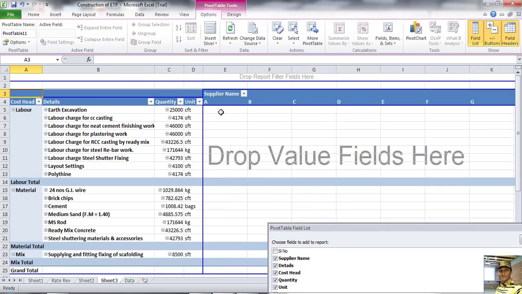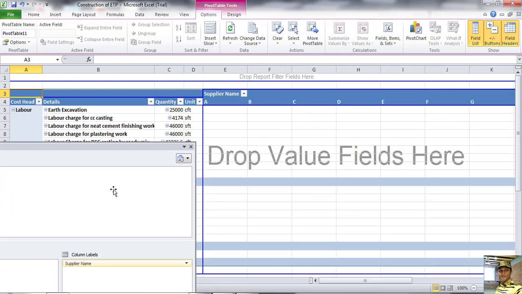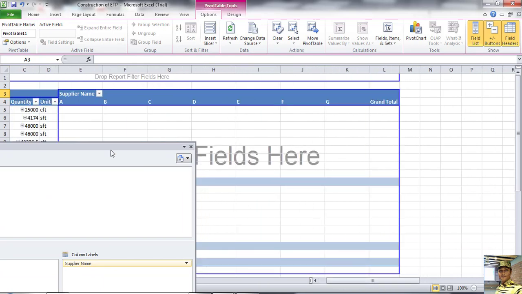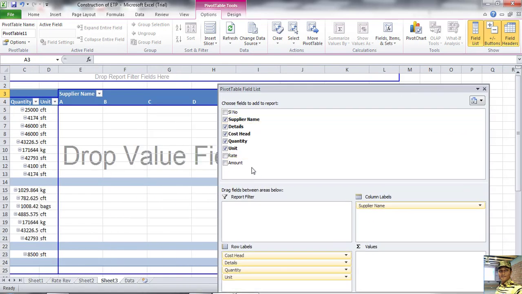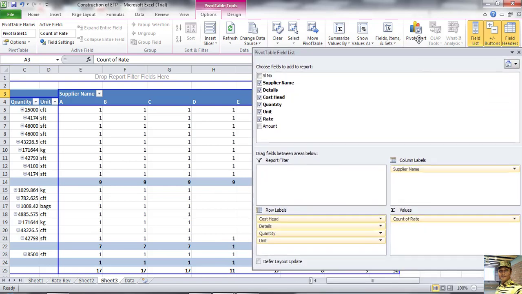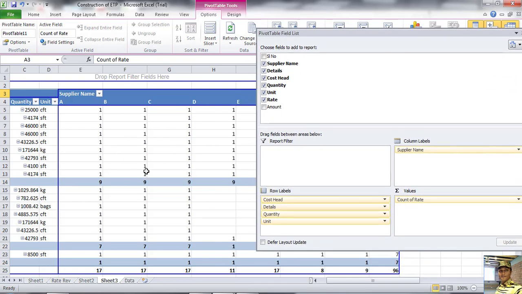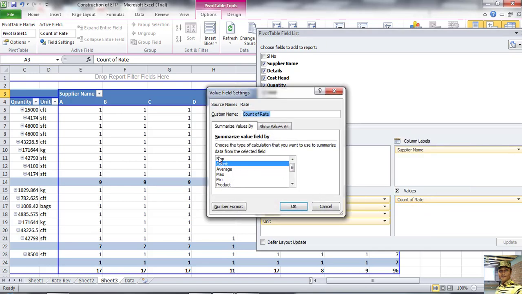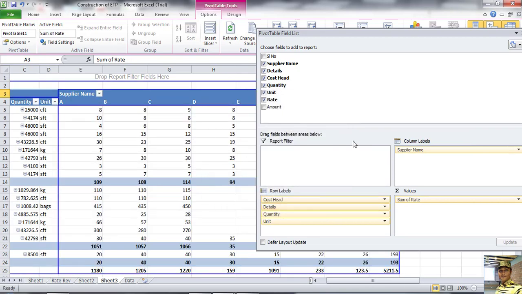Now see, all the supplier list is shown here. Now you want to see the rate, so just select the rate and drop here. Now see, this only shows the count value, so select this one, value field setting and select sum.